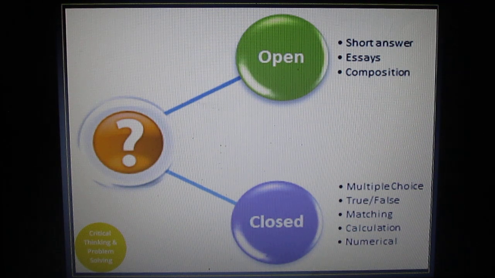Now ask your students to move on to open questions, give the open questions, as well as prepare their own closed questions. If they are able to prepare the questions, it means they are now able to think critically.